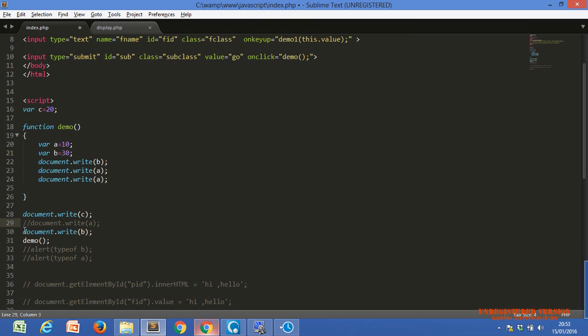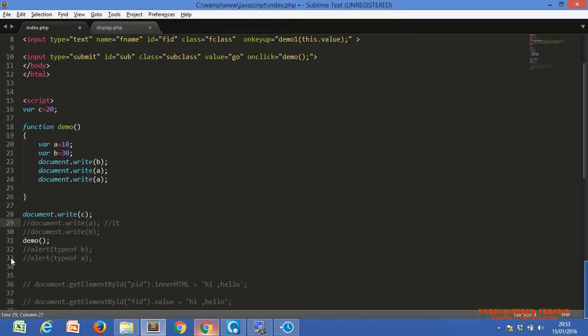Okay, Kushi? Do you get the point? Yeah. So it will not print the c because it's outside the function.